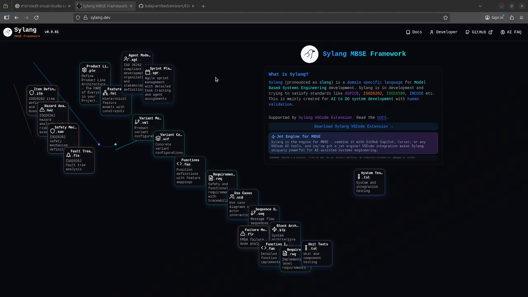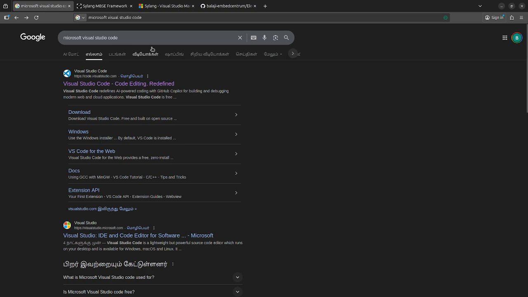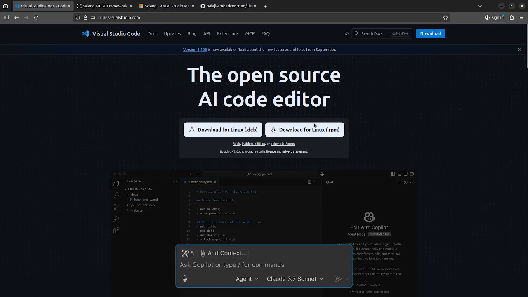It's kind of a domain-specific language for systems engineering, and there are questions. Hey, how can I use it? How can I visualize what I'm developing? So for that, you need to download the VS Code extension. So if you go here, you will see Sylang is also available as a VS Code extension in the Visual Studio Marketplace. But first of all, what you have to do is search for Microsoft Visual Studio Code, and you can download